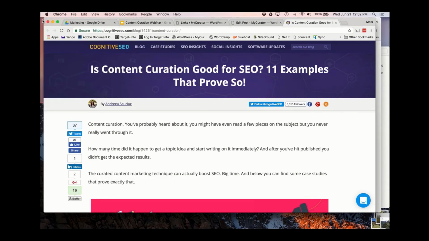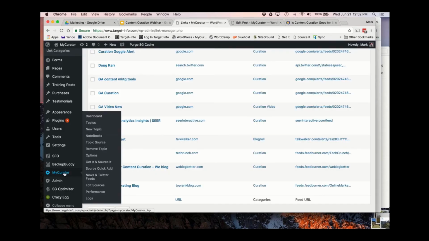First step is finding sites you like, getting their RSS feeds. The other great source is Google Alerts at alerts.google.com. If you have a Gmail account, you can create basically a search, like a content curation that's always running, and Google will supply it as an RSS feed, and our Source It tool can grab that RSS feed. Twitter, we do the same thing. If you come back to My Curator,